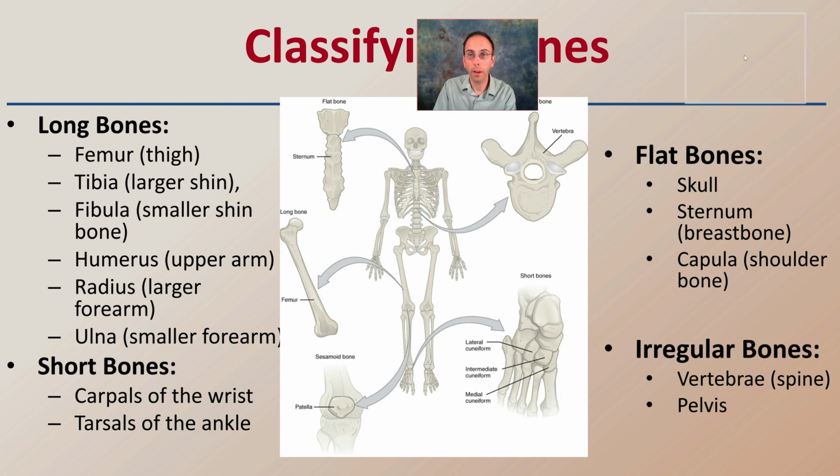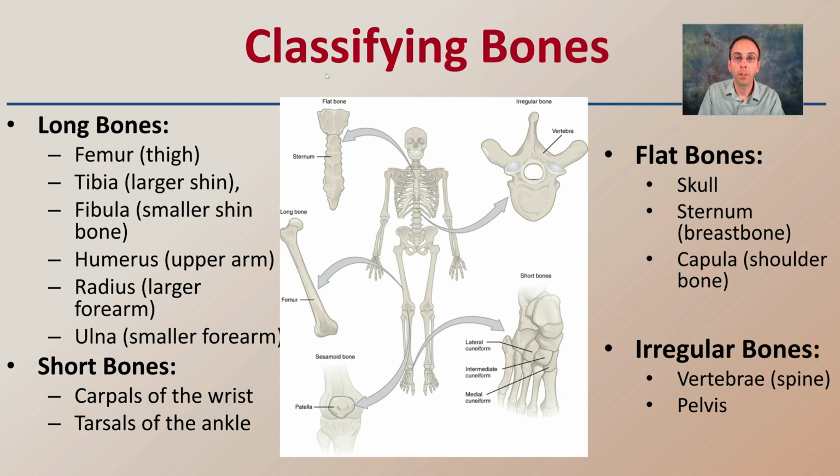When we're classifying our bones, we have four general classifications as presented here. We have the long bones, which include the femur, tibia, fibula, humerus, radius, and ulna. We also have short bones, and those are the carpals of the wrist and tarsals of the ankle. We have our flat bones, like for example our skull or sternum, and then irregular bones, such as our vertebrae